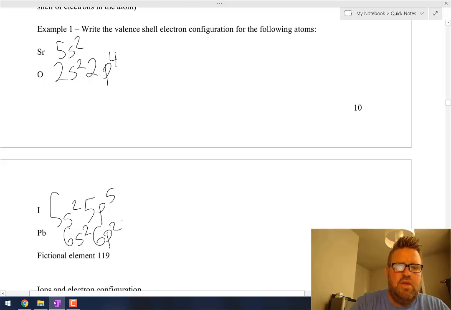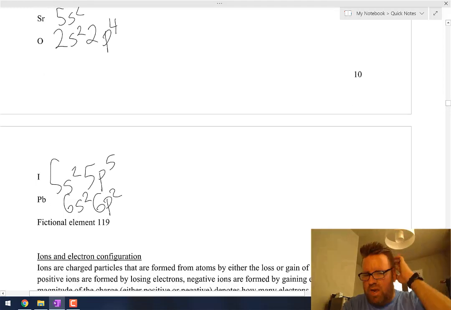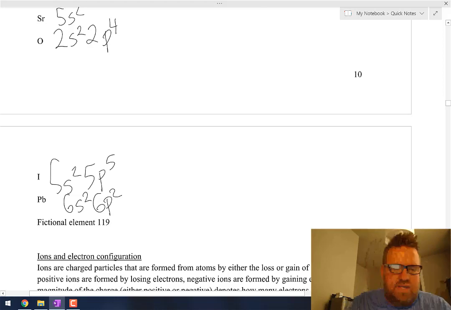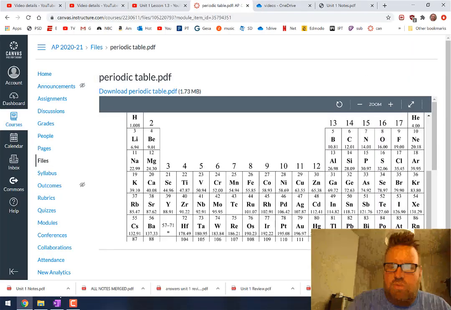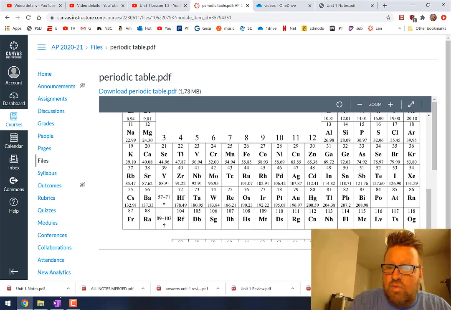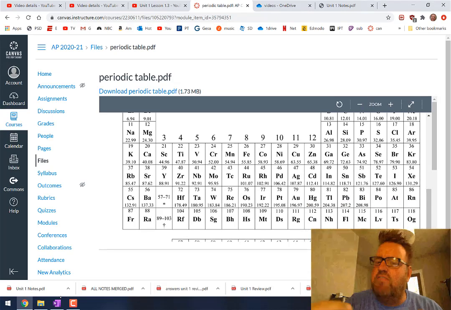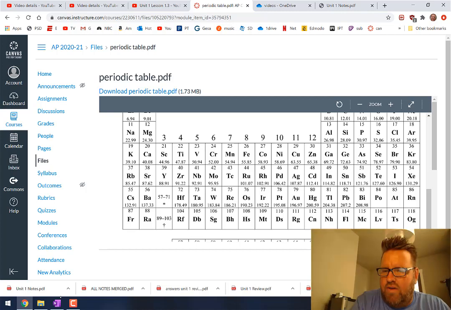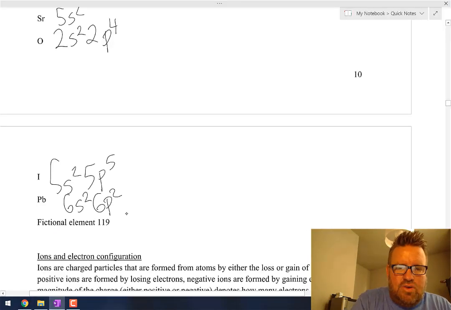6p2. Okay, and then our last one, fictional element 119. Why am I putting that on there? Because it was on the AP test. That's why. And some students looked at this and said, wait a minute, there's no element 119. It only goes to 118. You're right, and that's why it said fictional element 119. If there were an element 119, where would it go? Well, after 86, where's 87? Right here. After 118, where would 119 be? It'd be right down here, right below francium. Okay, and so if this is the 7th shell, then this one here would be the 8th shell. And there would just be one electron there, so it would just be